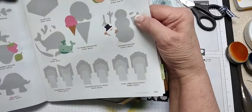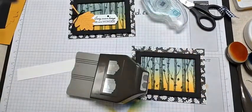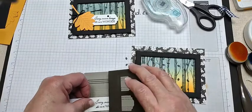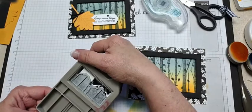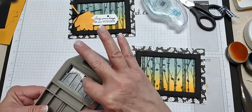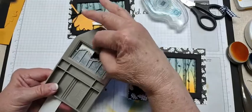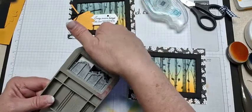Okay, this one would be the Lovely Labels Pick-a-Punch. Okay, so I'm going to put this into this one. I'm going to turn it on the back and make sure that this paper is to the back, and then I'm going to look at the sides and make sure this is straight. For me, these kinds of punches, it's hard to just put your paper in there, punch, and get a good finish. So